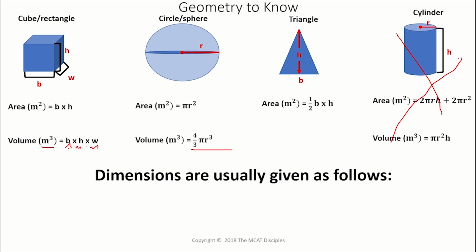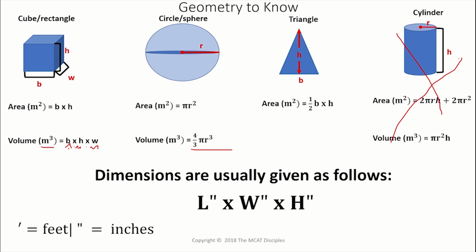You usually get dimensions as follows: length times width times height. Appreciate that this is arbitrary most of the time. What's length and width and height can sometimes mean nothing, or they can sometimes mean something. But generally speaking, they can oftentimes be arbitrary because you just change the way you're holding the box, and the length and the width and the height changes.